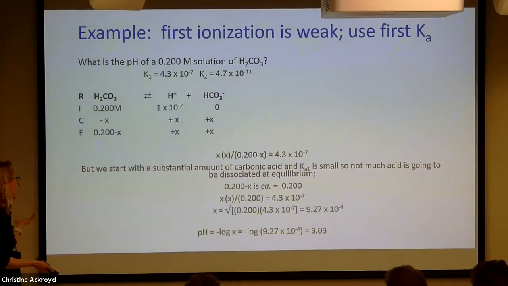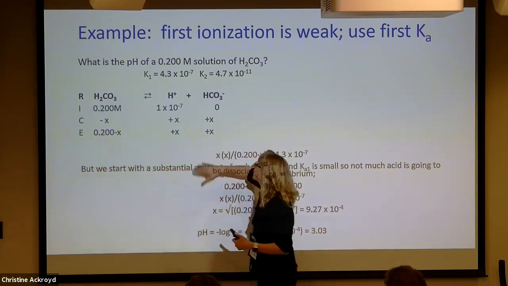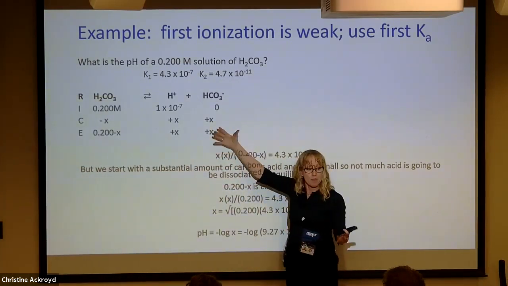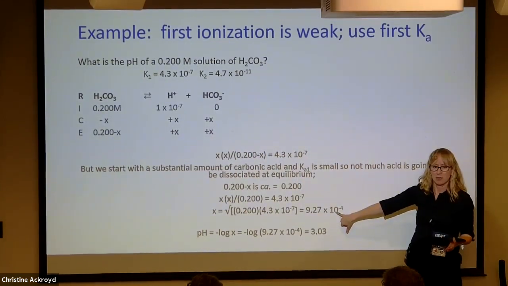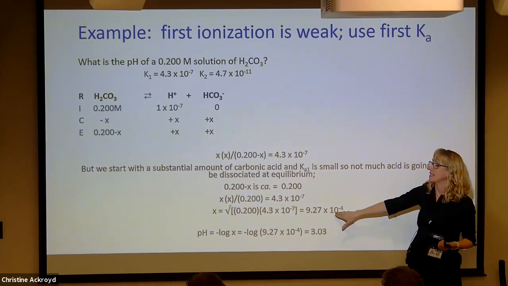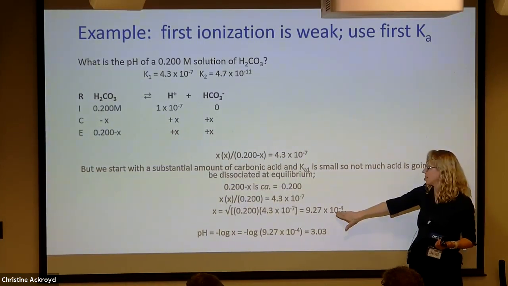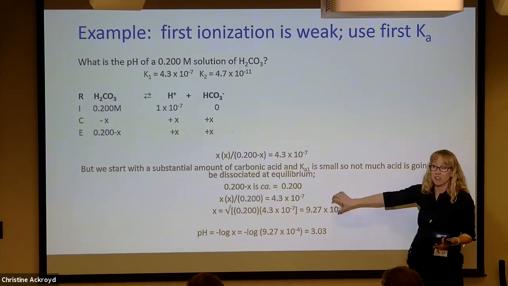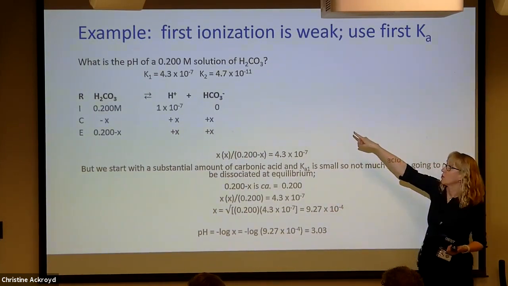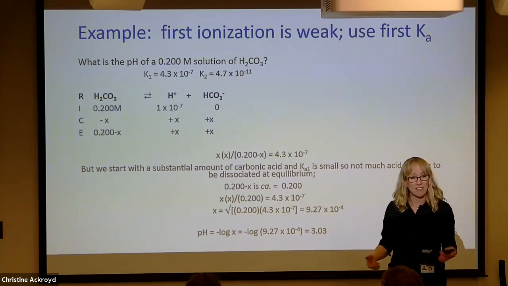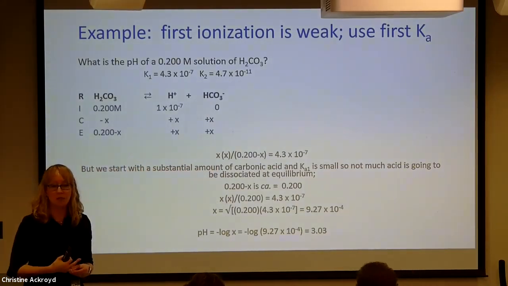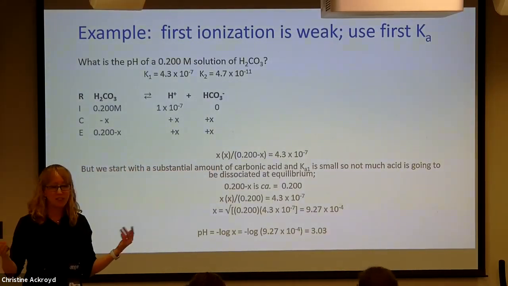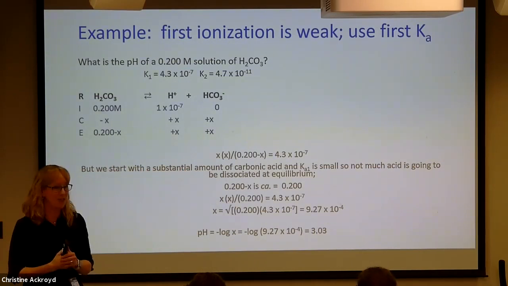So let's just solve the amount of bicarbonate that we're going to form here from the first ionization. How much do we have? Not very much, right? If we start with that amount of material and set up a RICE table and solve for how much dissociates with the second Ka value, which is 5 times 10 to the minus 11, are we going to have enough to care about? No. So what do we assume? We just do the first ionization and pretend the other ones don't matter, because they don't make enough of a difference to matter.